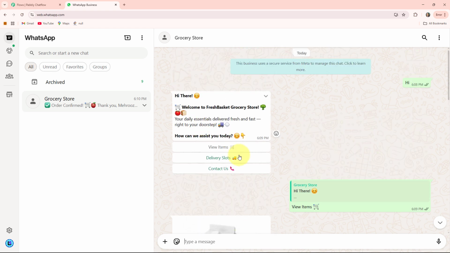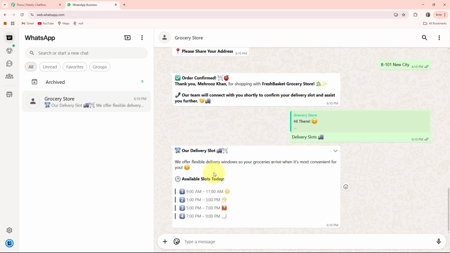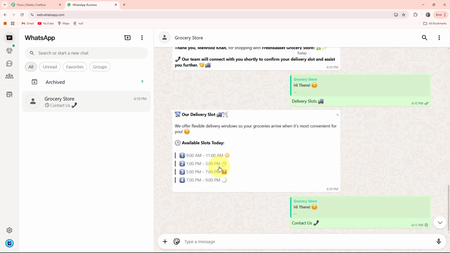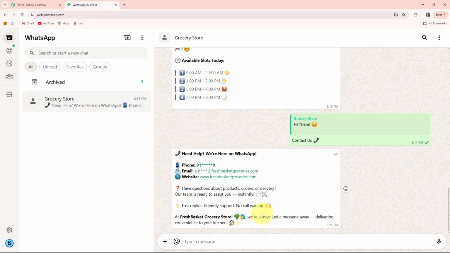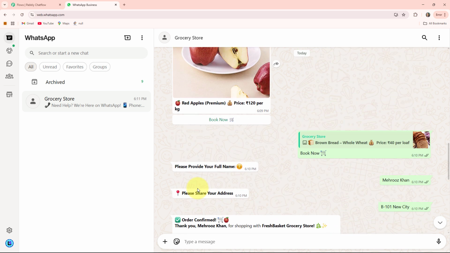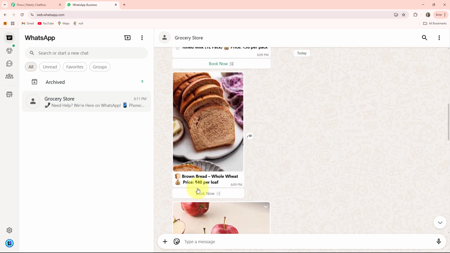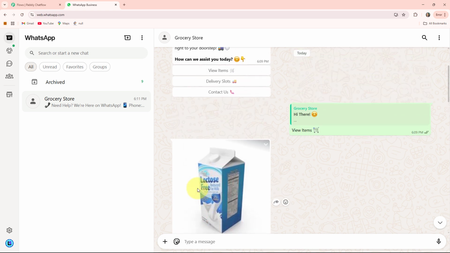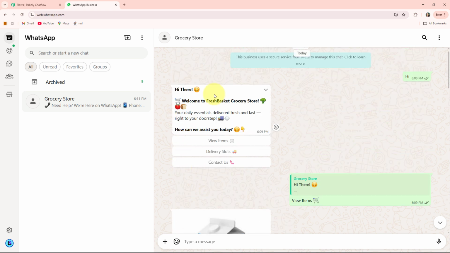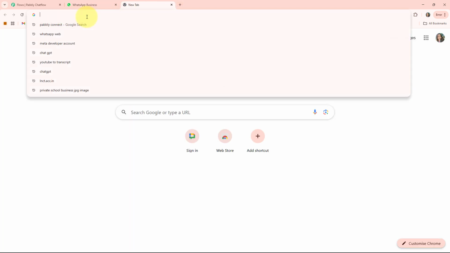Now if I click on delivery slots, then you can see it will provide me all the available delivery slots for today. Now if I click on contact us, then it will provide me all the contact details of this Fresh Basket Grocery Store. So if you want to create this type of WhatsApp automated chatbot for your online grocery store business, then you have to follow the step-by-step directions that I am giving you in this video. So let's get started. At first, you have to click on a new tab and search